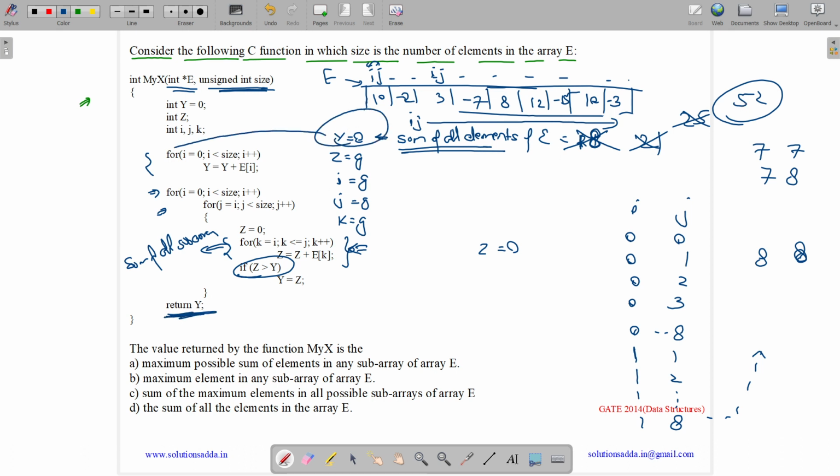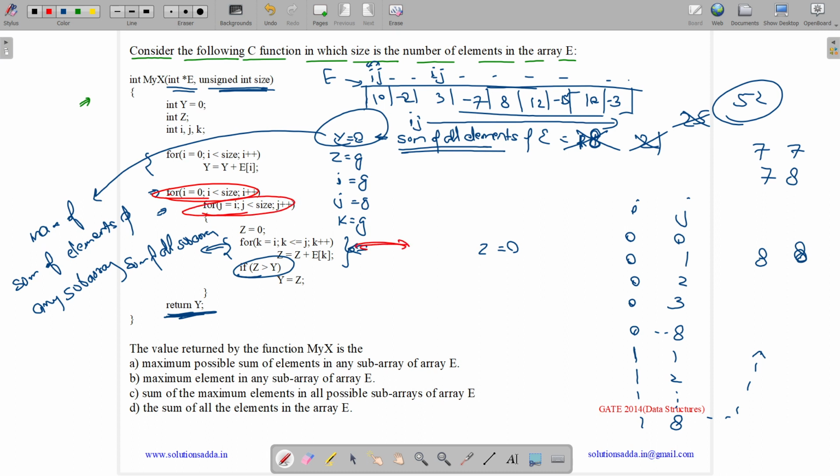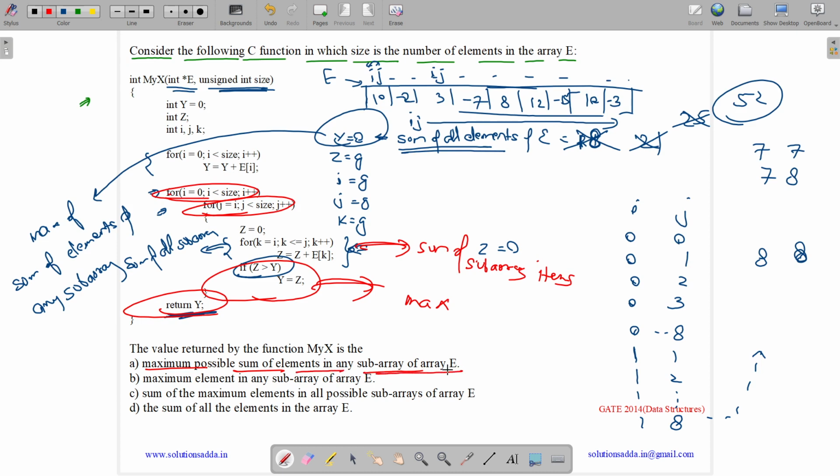So what does y have? y has the max of the sum of elements of any subarray. See, these i's and j's are helping us to find the subarrays, and k is helping us to find the sum of subarray items, and this is helping us to maintain this max item. So y will have the maximum value of the sum of all possible elements in any subarray of E. So the answer to this question is option